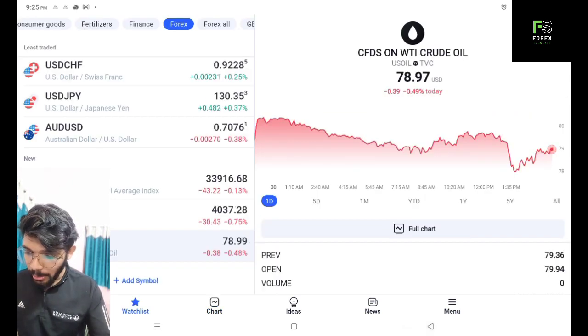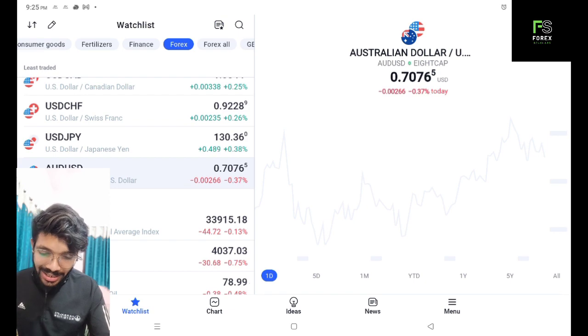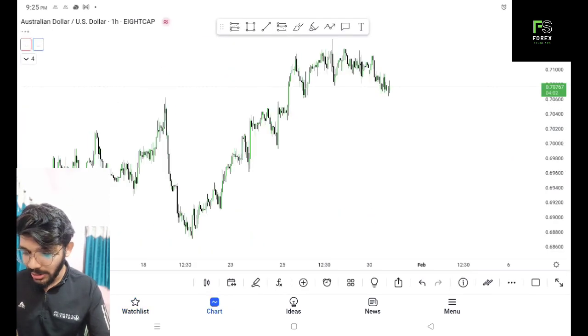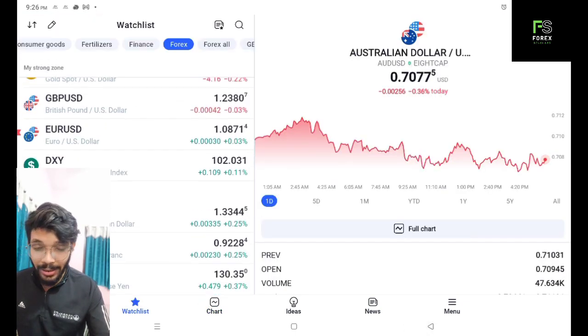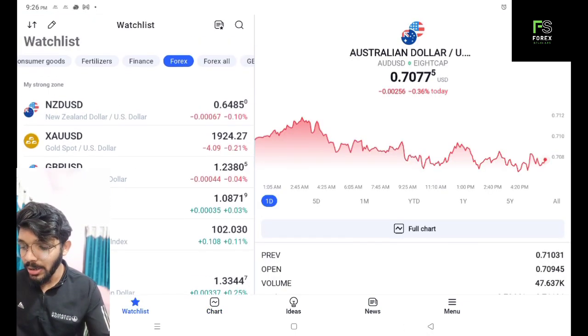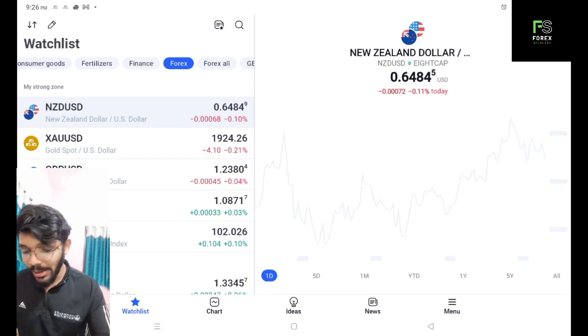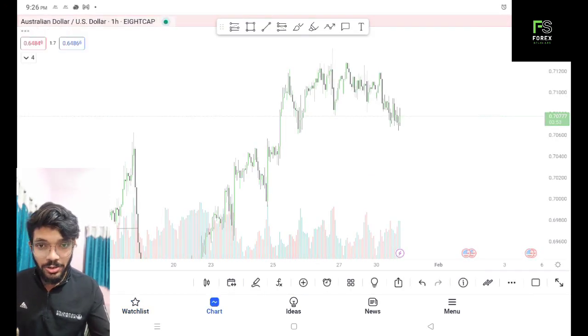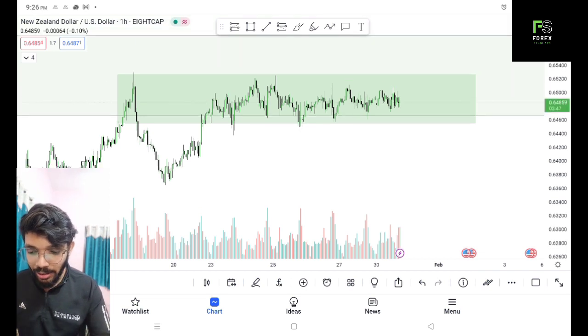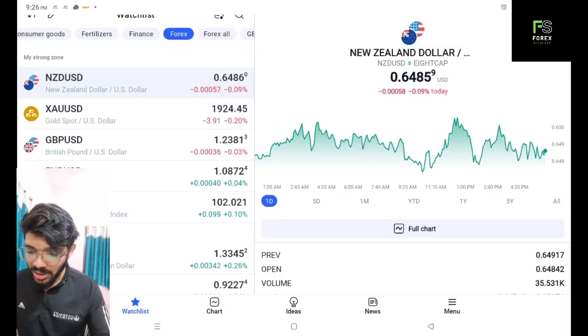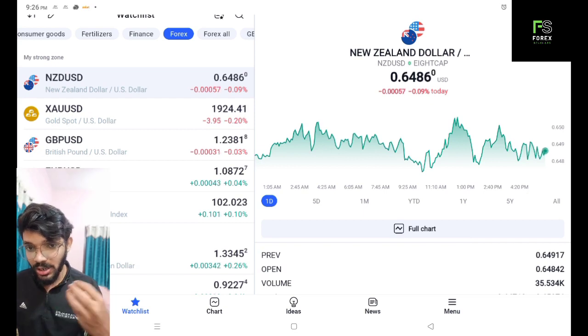Now coming back to AUD USD and NZD USD, I don't think there is much action in here. AUD USD looks pretty bearish to me. One more reason why I'm not so comfortable with the euro trade idea is that the pairs against the dollar are looking a bit weak, and the New Zealand dollar has been consolidating for the past 1 week, so I don't see any ideas in NZD USD, but I would definitely like to see some action happening in GBP USD and Euro USD,